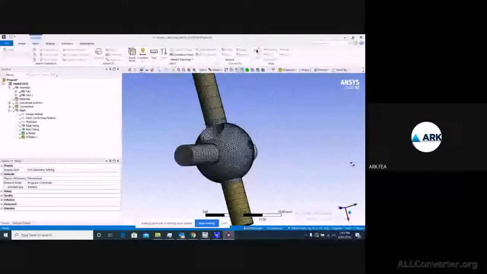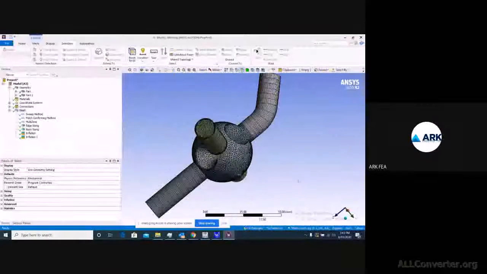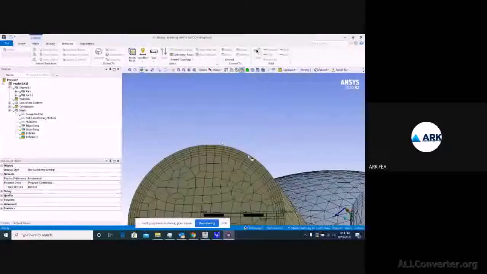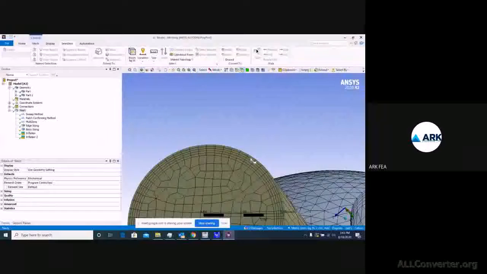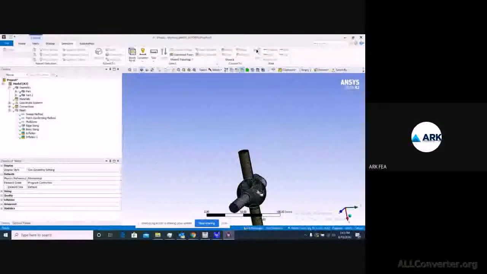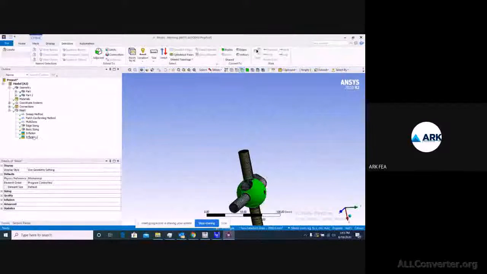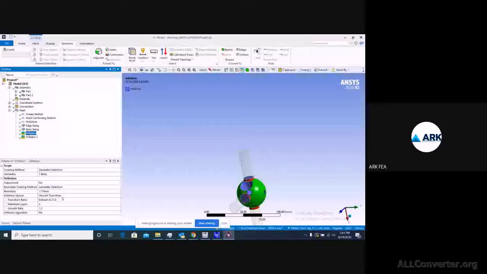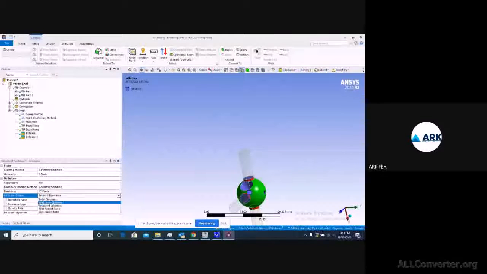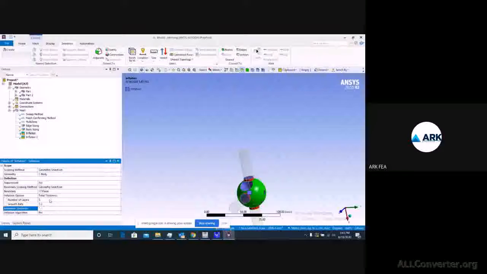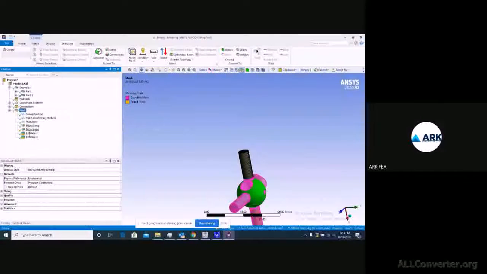Right, so this is the object where we have given the inflation. For this part also we will change the inflation from smooth transition to total thickness, define this maximum thickness for it and say update.